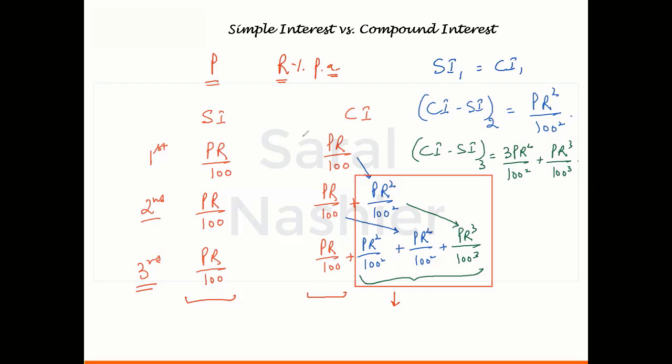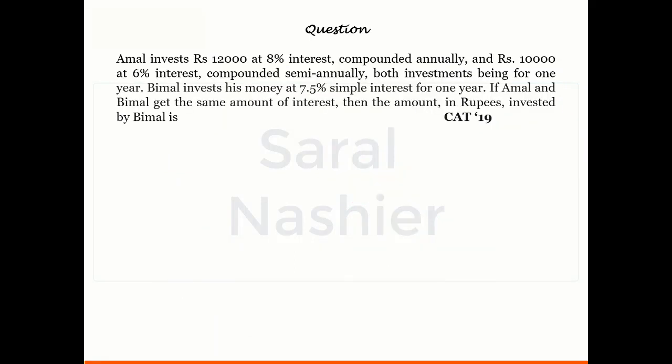When we talk about the difference of 2 years, the difference of 2 years is all of this amount. But actually there was no difference in the first year. So in case of 2 years, we could say that whatever is the difference for the second year, the same is the difference for 2 years. But in case of 3 years, it matters. That is an important part, right? I hope all these portions are clear to you about simple interest and compound interest.